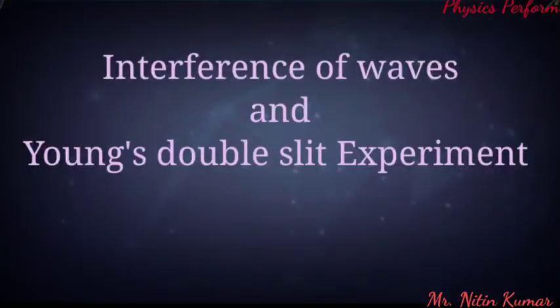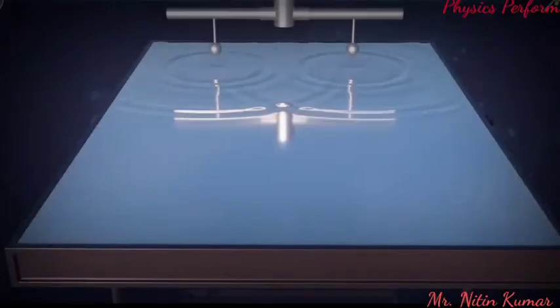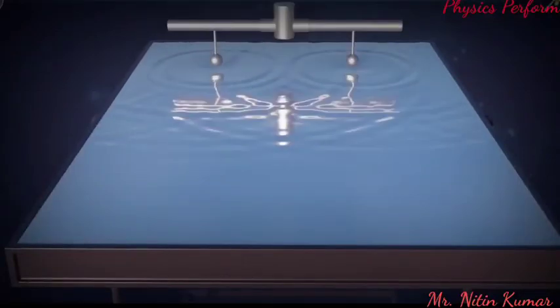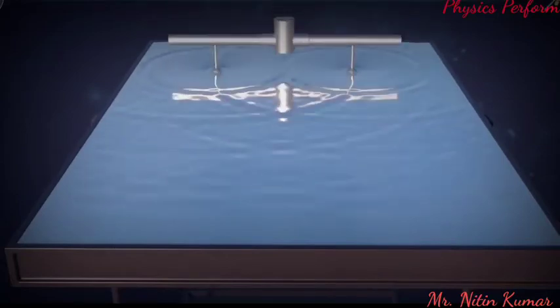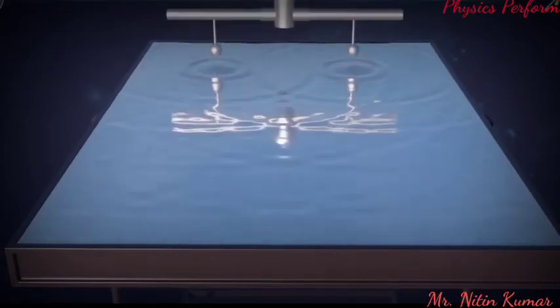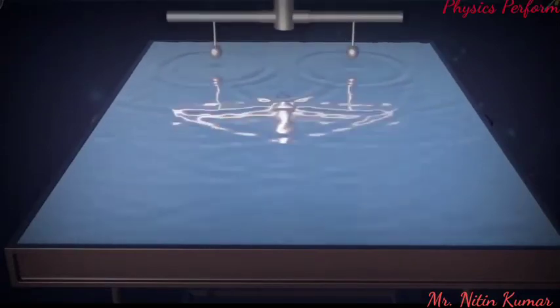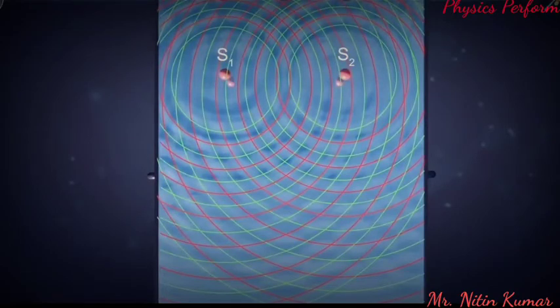Consider a situation where there are two ball needles separated by a small distance and the balls move periodically up and down in an identical fashion on the surface of water. These two sources produce a system of circularly propagating waves which superpose on each other during their travel. Let us mark all crests by red color and all troughs by green color.